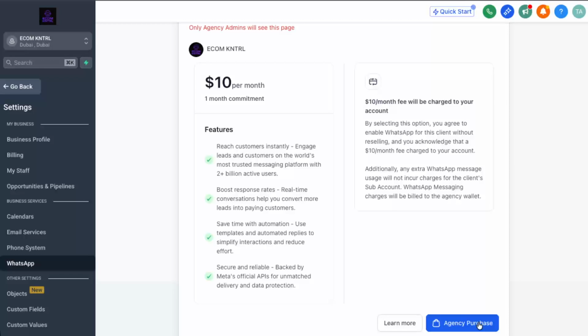After you've completed the agency purchase step and followed any prompts on screen, your GoHighLevel account will be ready to use WhatsApp as one of your communication channels. From there, you can start building workflows, automations, and conversations that include WhatsApp messages, giving you a powerful way to reach